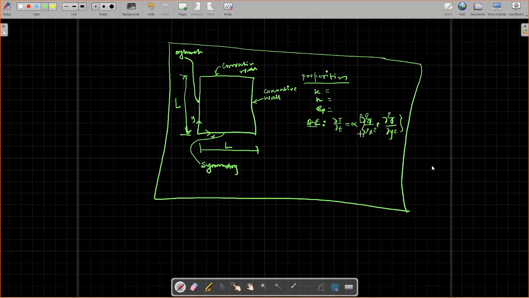In that case, you have to take the K, H, Cp values in such a way that you get a non-dimensional parameter. Suppose you are coming across a non-dimensional number here. If you see our governing equation in terms of theta, we are not getting any non-dimensional number over here